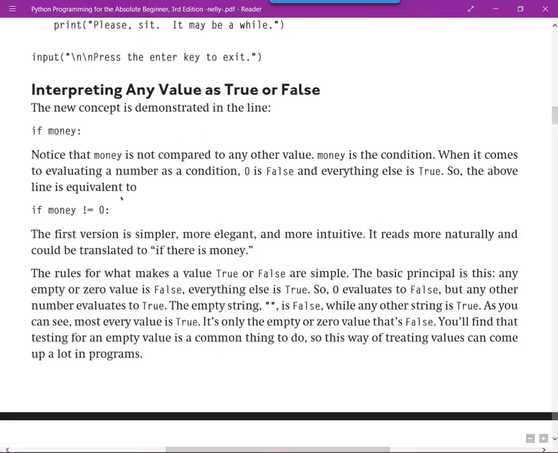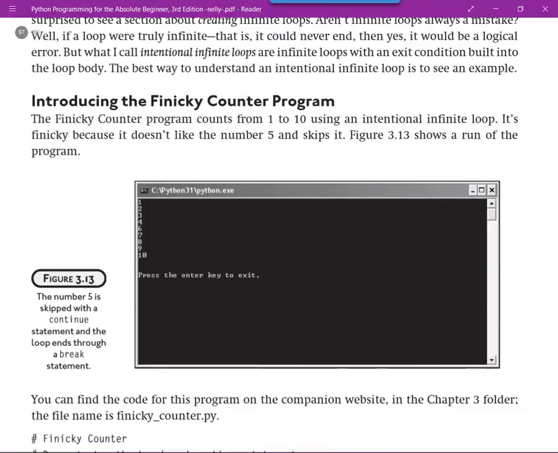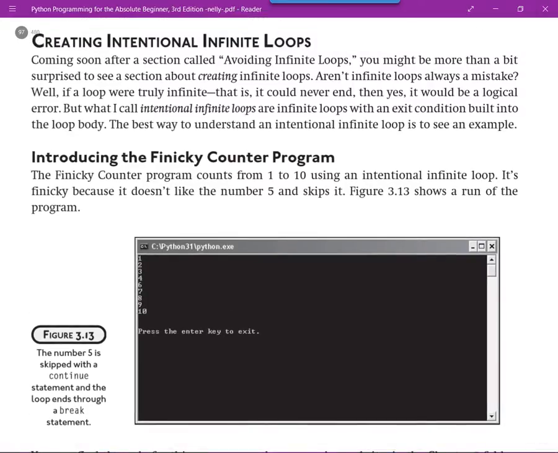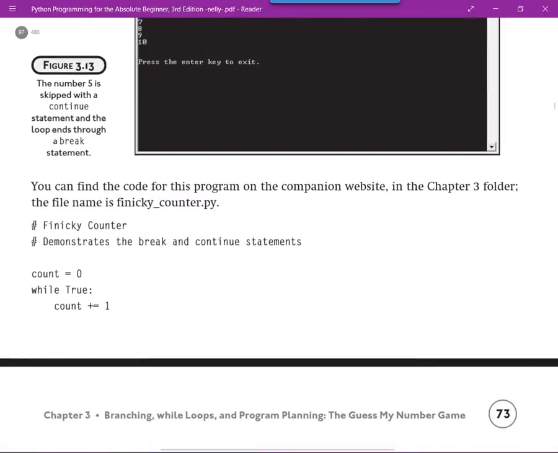And this is just simply saying that these two are the same. If money, we're just looking for a non-zero value. So, creating intentional infinite loops, he talks about that. Counts from 0, 1 to 10 is an intentional infinite loop. Finicky, he does like the number 5 and skips it, shows a run. This is not an infinite loop because